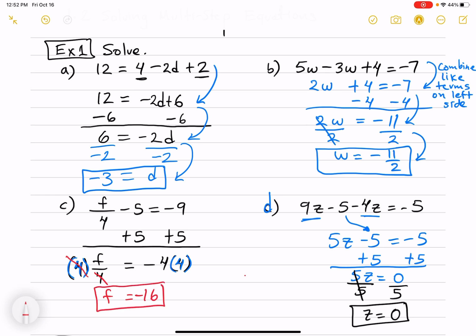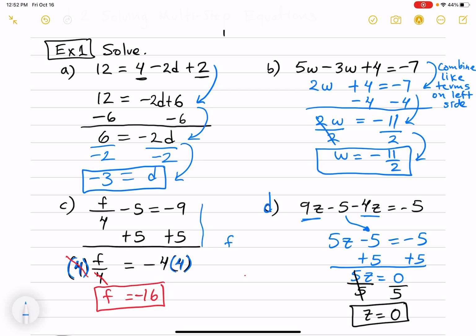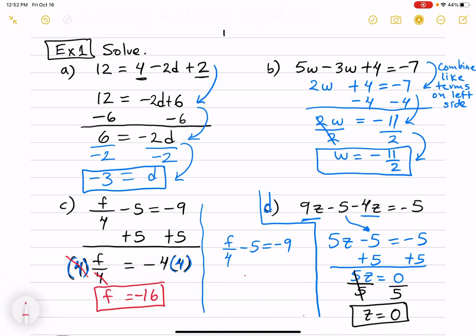There's another way to do part C, and I kind of like it better. So let me show you one more way of doing that. Hopefully I could fit it here. So think about this as a different problem, but I'm actually doing the same thing in a different way. Right? And so this other method, basically, because 4 is the only